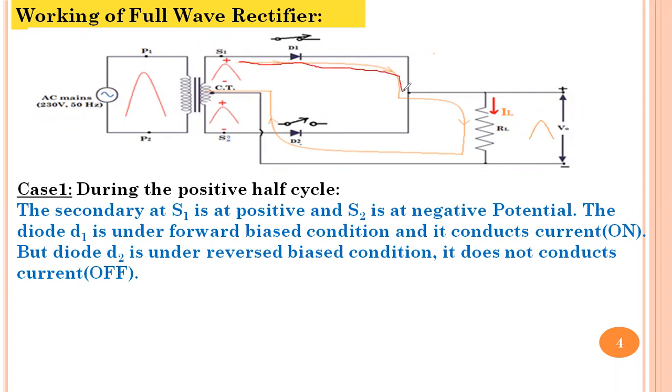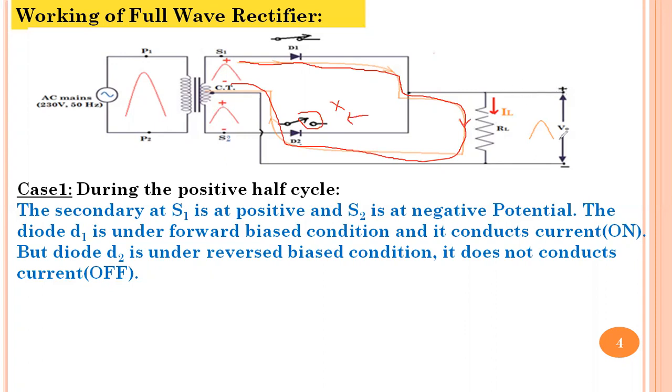Now, as it arrives at the junction, there are two branches. One branch goes through the RL, the second through D2, but D2 is open, so current through D2 will not flow. Therefore, this branch will be open, and current will have to flow through the load. Then it comes to the junction CT and ends on the CT. So as current flows through the load, the direction of flow is plus to minus.